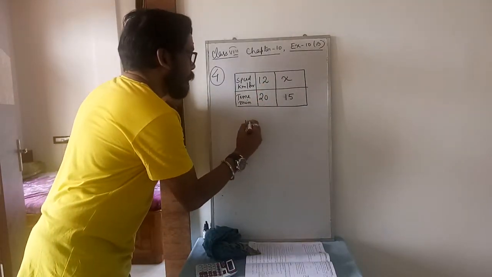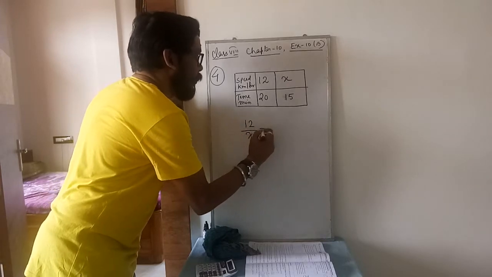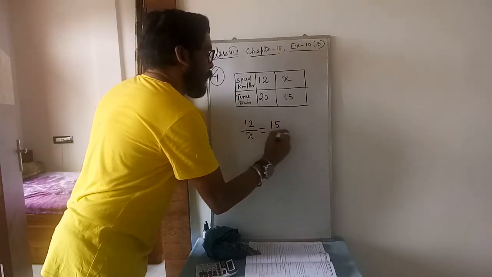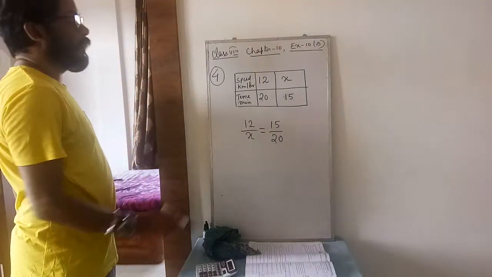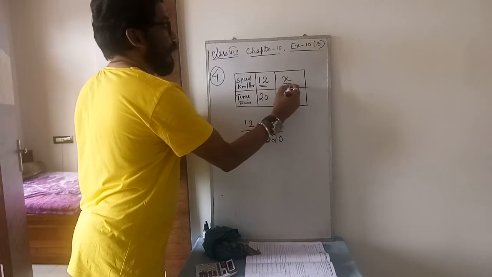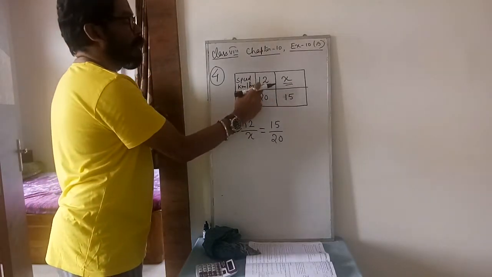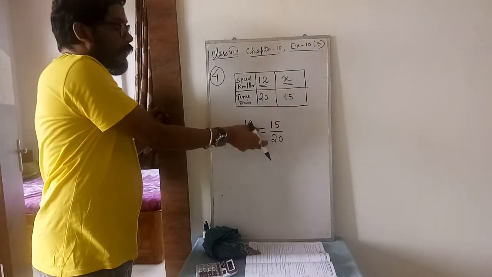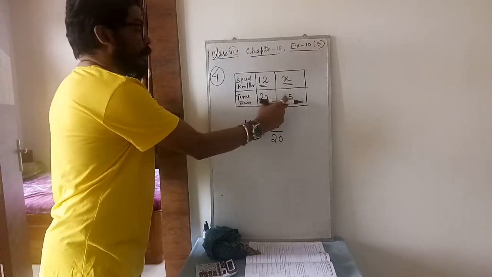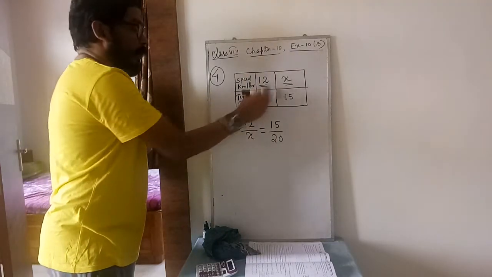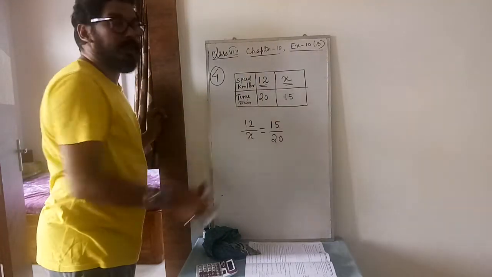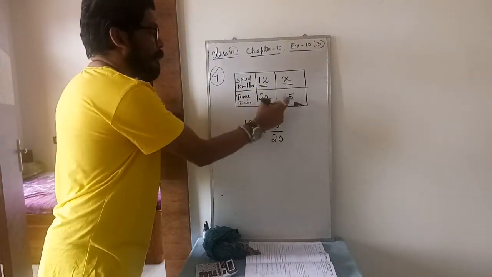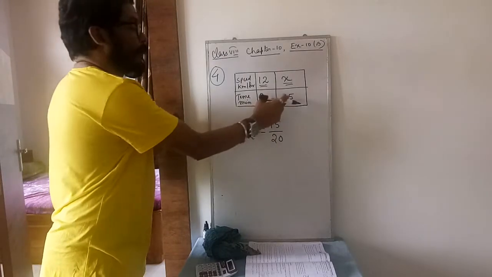So ratio of the speed quantity equal to, since this is inverse, you will write 15 by 20 here. Okay. Ratio of these two. I repeat again, ratio of these two. 12 is also the value of speed, x is also the value of speed. So speed ratio equal to, just you will do inverse here, 15 by 20. Okay, ratio of the speed quantity equal to ratio of the time quantity. So speed 12 by x, while writing the time just you will write the inverse 15 by 20.